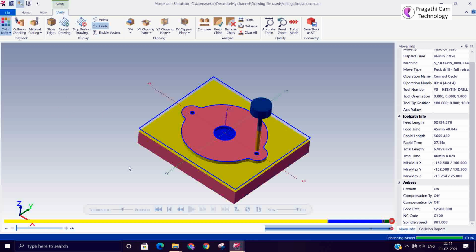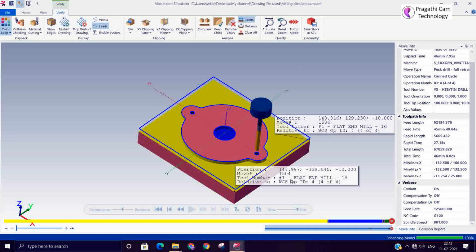So we'll make a separate class to understand this STL comparison, and after machining you can measure the distance and other things. You can see wherever I click, it shows the information about the point.